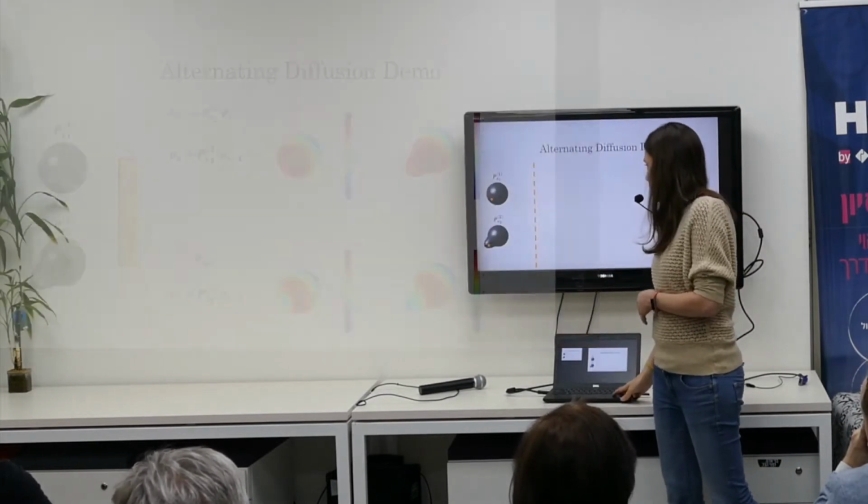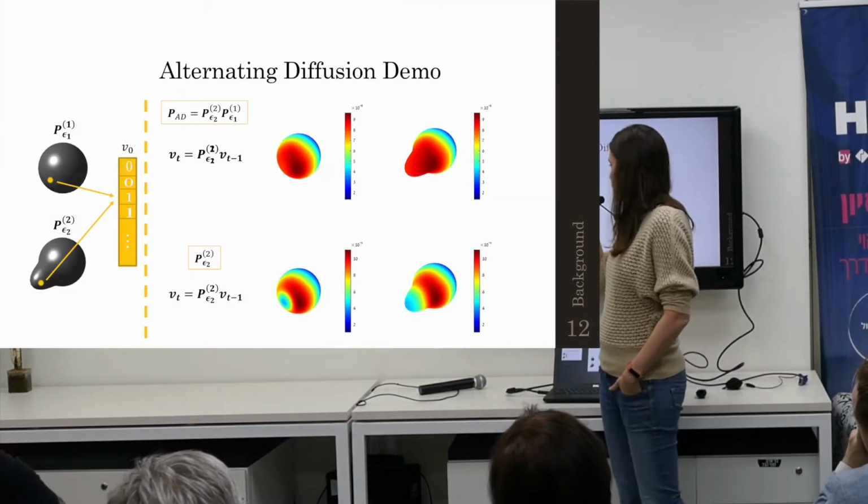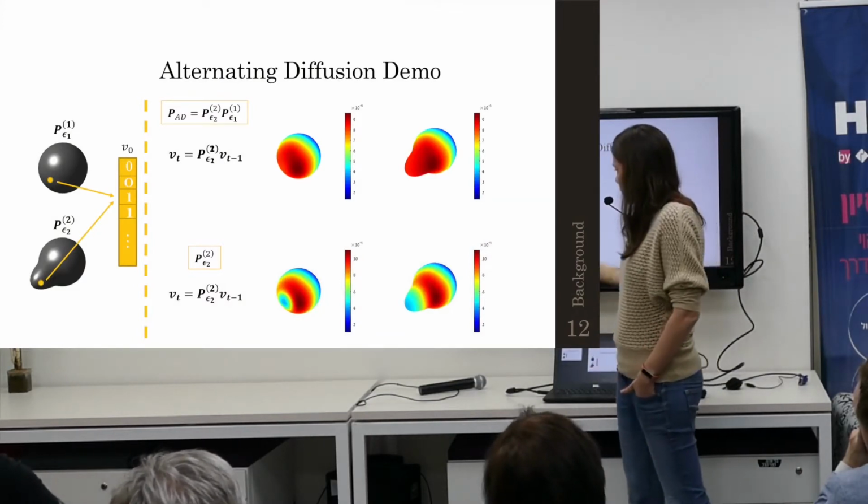data-driven manner. So here is a short example of such a propagation of diffusion on the sphere and the sphere with the bump. If we take some vector,